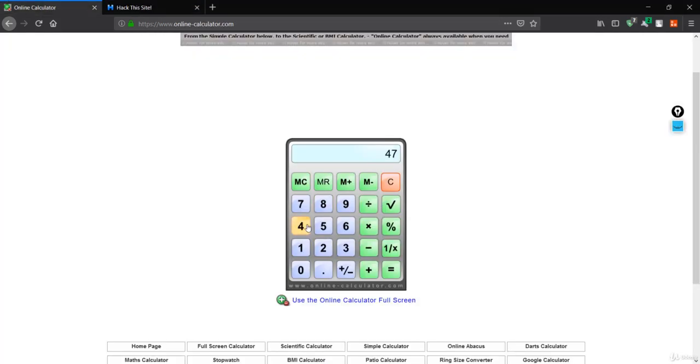So what we did here was 47, and first of all you have to divide by 8. Okay, this is simply a modulo, so it is dividing. Divide 47 first with 8, and you will get 5.875.